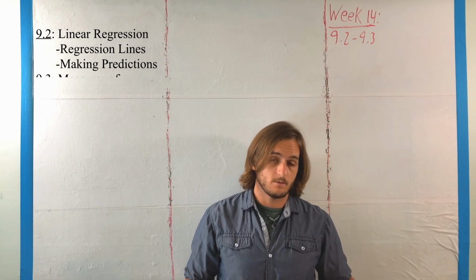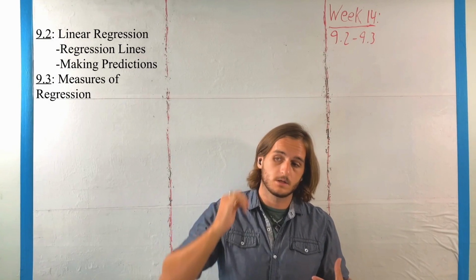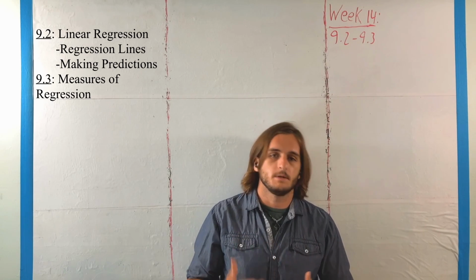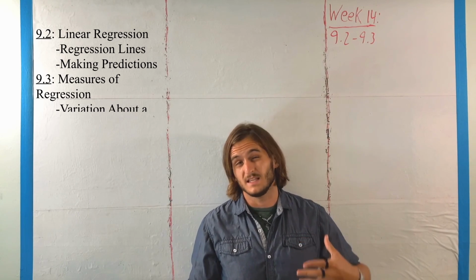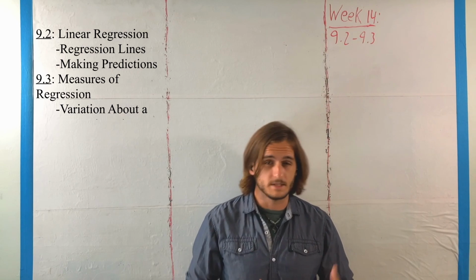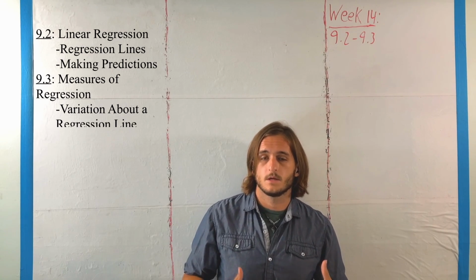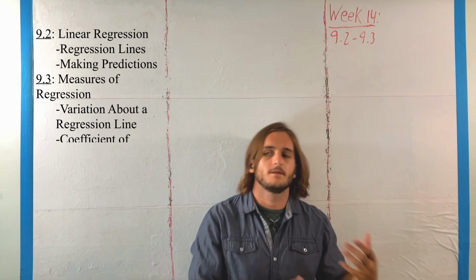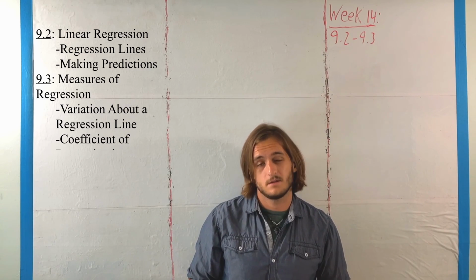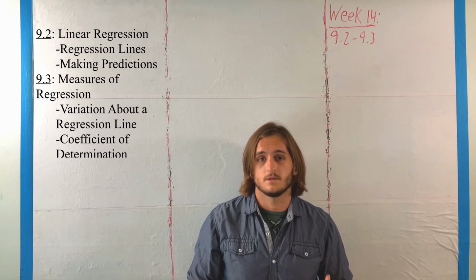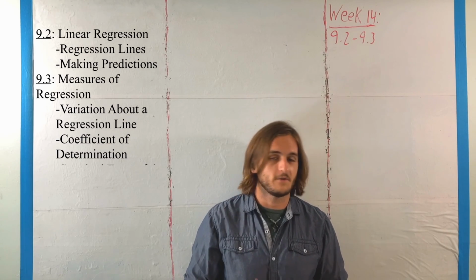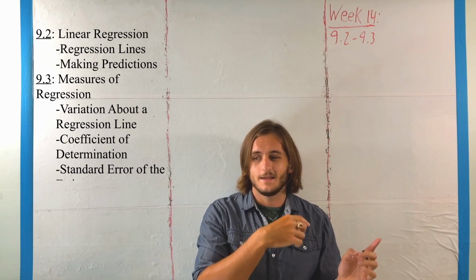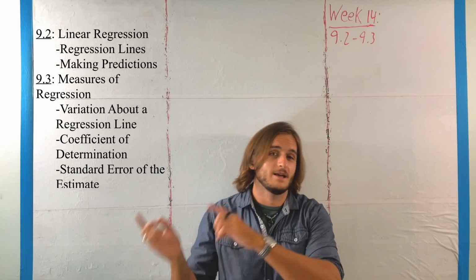So 9.3, what we're going to finish with, talks about variation around regression lines. In which case what we're going to be doing is recontextualizing some of the stuff we see in 9.2 that we're going to call residuals in terms of errors. And we're going to bring back that stuff and wrap it up in the language actually of things like standard deviations, albeit in this case we're going to call them the coefficient of determination, which is going to look a lot like R from earlier, and the standard error, which is going to look a lot like S squared from earlier,